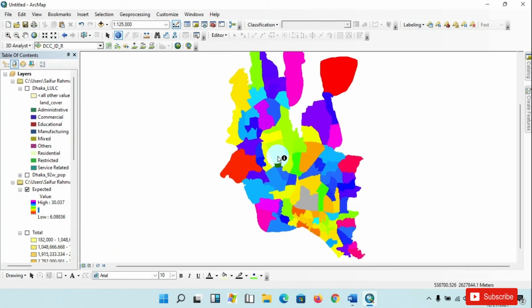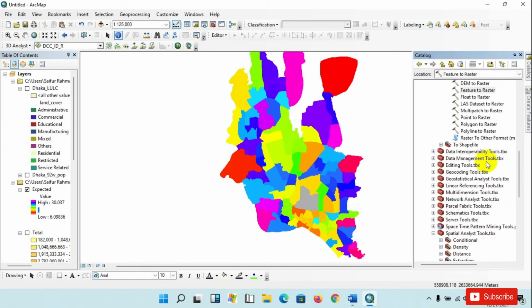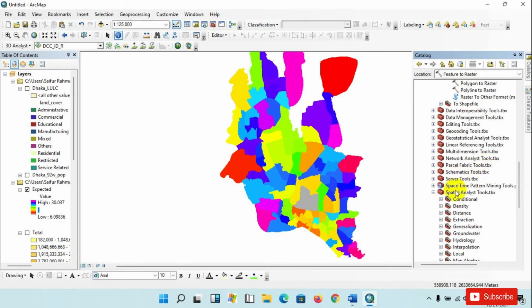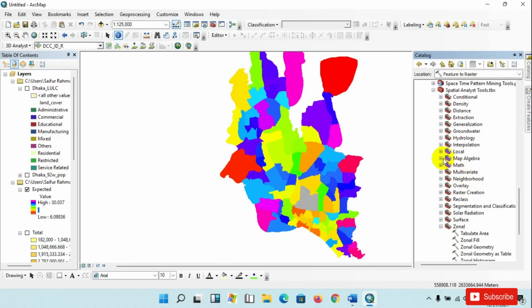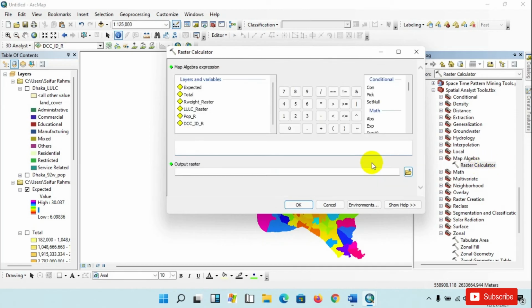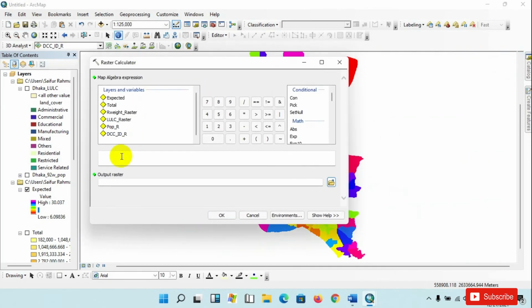Now finally I am going to create a Dasymetric map from the raster image. So go to the catalog menu, then go to spatial analyst tools, then click on map algebra, click on raster calculator, then relative weight of raster multiplied by